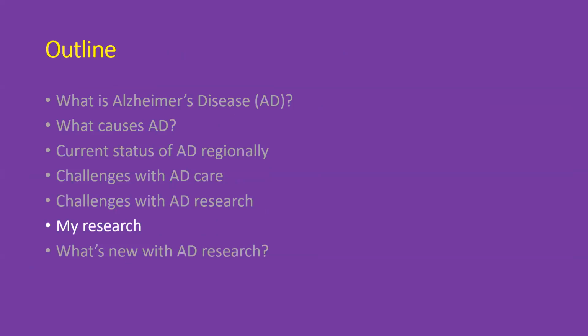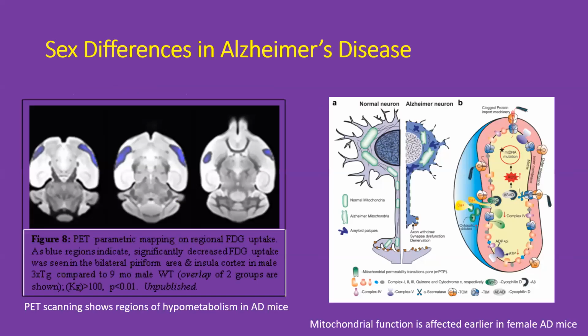So I'm going to talk a little bit more now about some of the research we're doing in my laboratory. This includes looking at sex-based differences in Alzheimer's disease. I received a large federal grant last year to look at mechanisms associated with sex differences. In particular, we've been looking at mitochondrial dysfunction in our transgenic mice that have been genetically engineered to show some of the similarities that humans see in Alzheimer's disease. What we found overall in our pilot data over the last 3 or 4 years is that we see huge differences between males and females in the way mitochondria become dysfunctional. In fact, mitochondria become dysfunctional in our female transgenic mice very early in the disease process, as early as 2 months. But we don't see the significant change in mitochondrial function in males until much later, closer